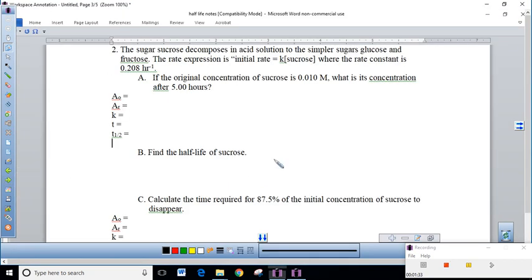Number 2, it says sugar sucrose decomposes in an acid solution to the simplest sugars glucose and fructose. The rate expression is initial rate equals K sucrose. Notice it is raised to the 1 power, and notice our rate constant is also given away. So this again is first order. If the original concentration of sucrose is 0.01, that is going to go here. What is the concentration after 5 hours? So we're looking after 5 hours. And then we know the K to be